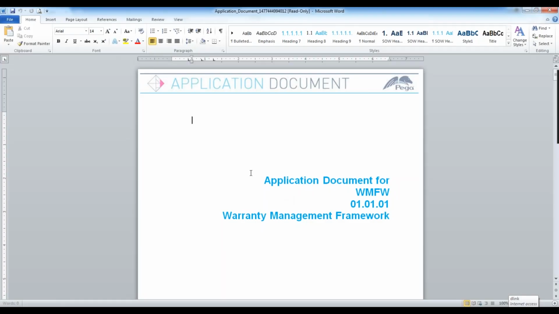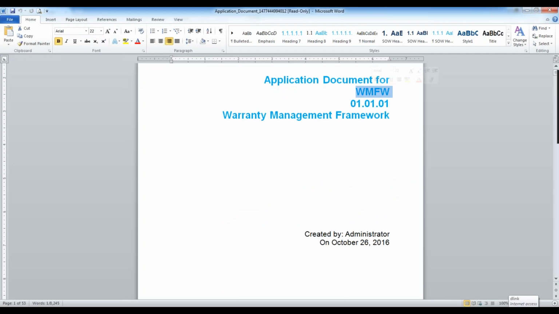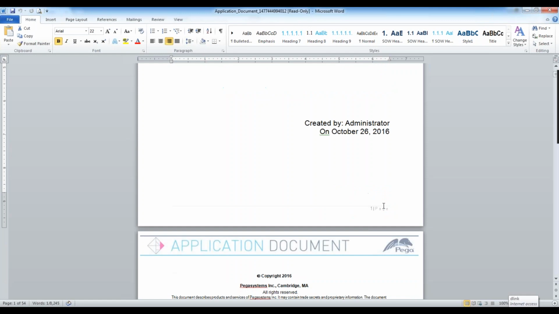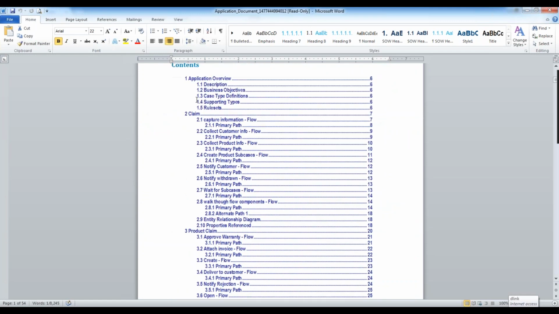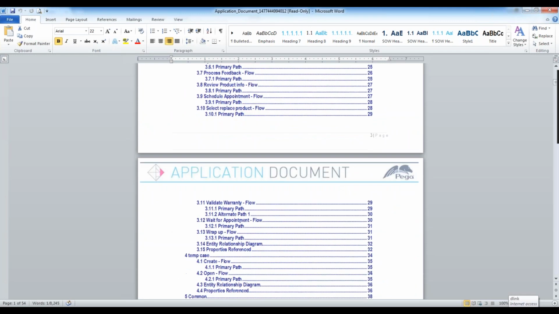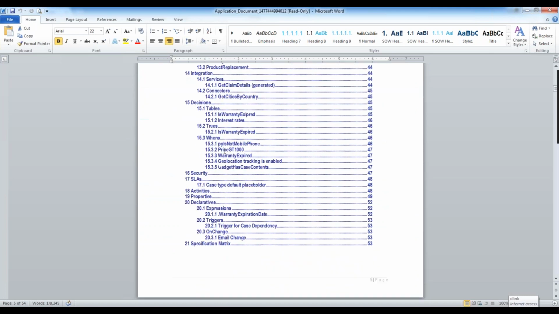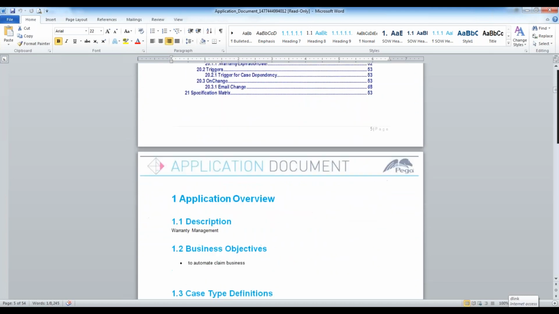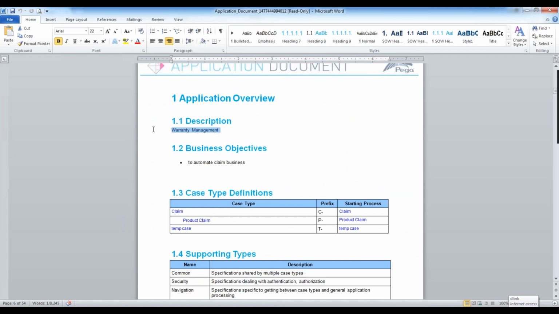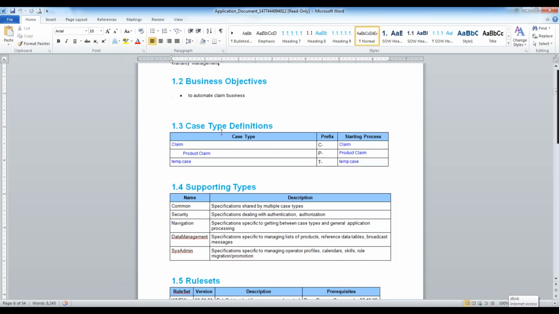Okay, so this is a document that is developed. You can see the application document, with application name, version, application description, who created it and when it was created, and you can also see the contents coming. It's like a full application. Most of the time you don't need to do any modifications. A full-fledged application document will be generated. If any spelling mistakes are there, you can fix them. That is why you need to give proper description for each and every rule. So in the history tab, if you give proper description and usage, that will come here. You need to give proper objectives, proper description. Then it will come here.